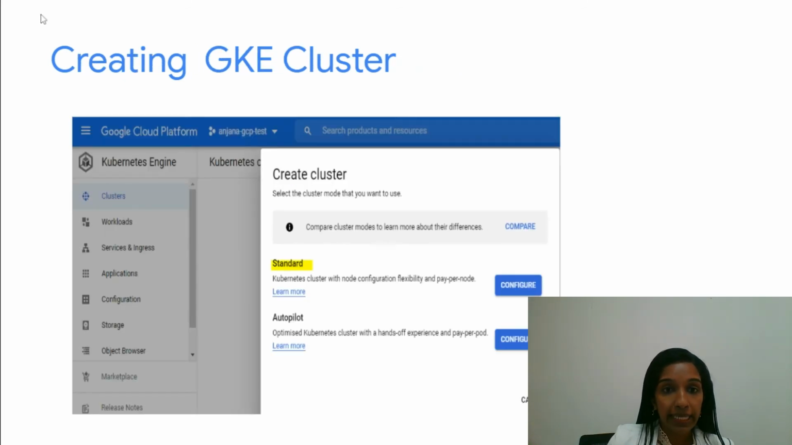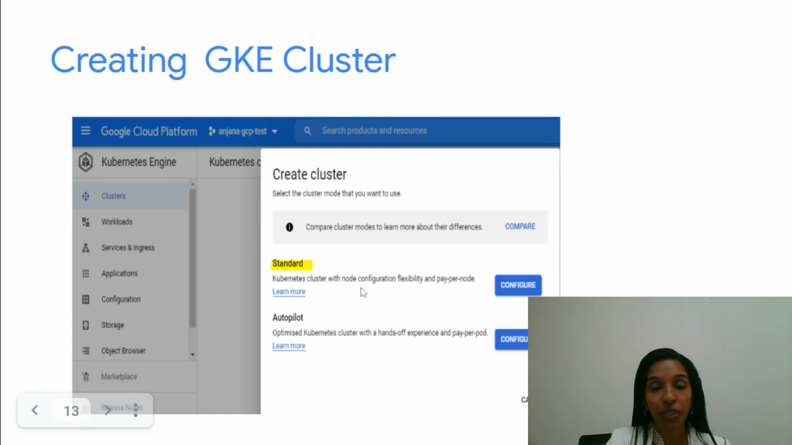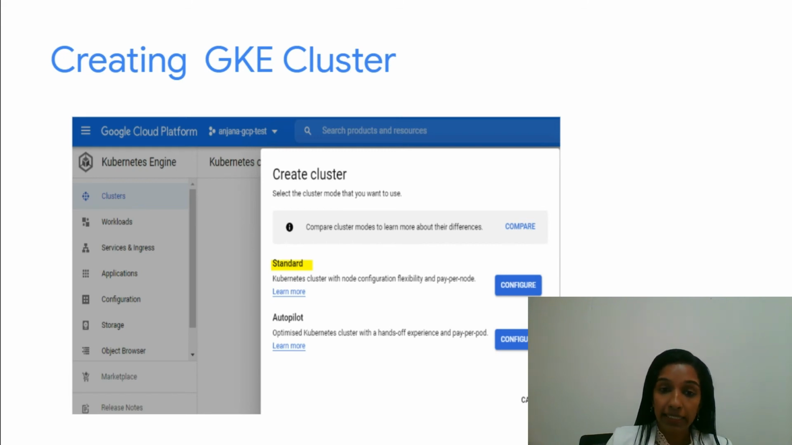So let us see how we can create a Google Kubernetes Engine cluster. First, there are two modes of operation. The first one is the standard mode, where the user will have the flexibility to do the setups. And another one, the fully managed solution, is the Autopilot mode. Here I am choosing the standard mode,